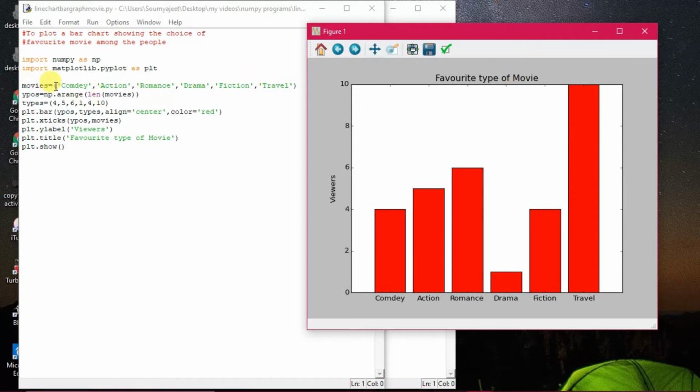You can draw a comparison chart of the results in different subjects of the students. What you have to do here is change this to subjects, and here change the type to marks. Okay, try it out at home, and when you do the practical, you will get your result. All right, so in this way a bar chart can be done.